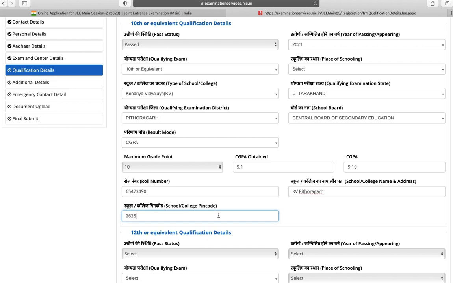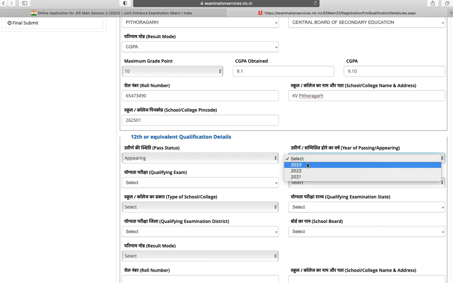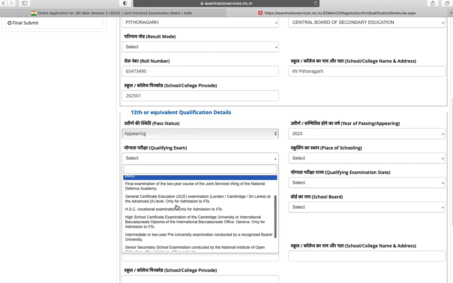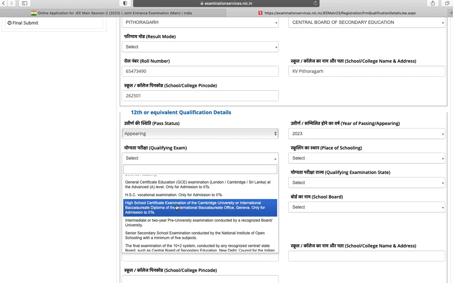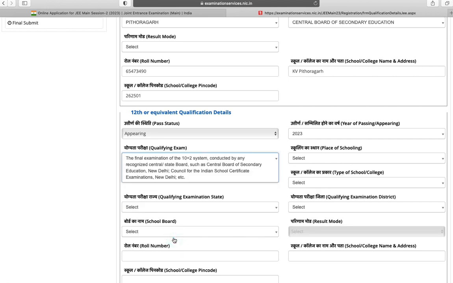First is your pass status, whether passed or appearing, year of passing or appearing, then qualifying examination. Select from these options. Place of schooling,